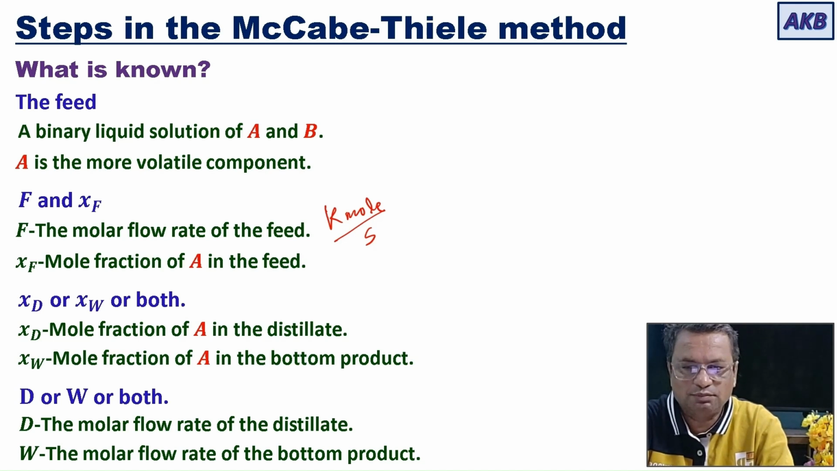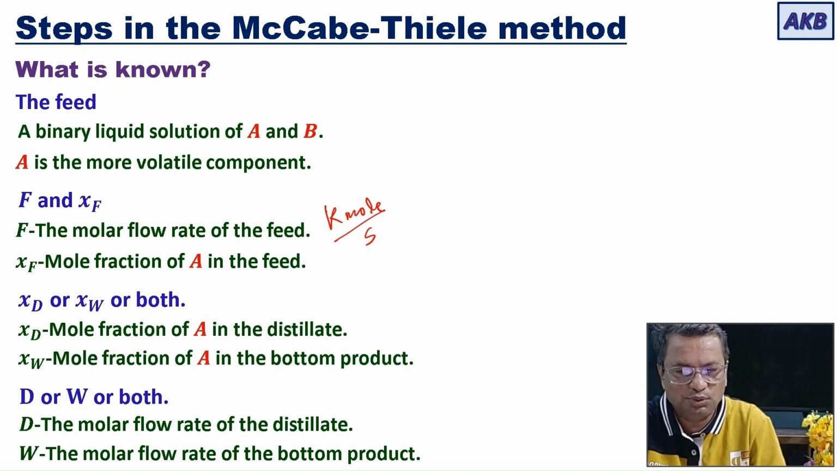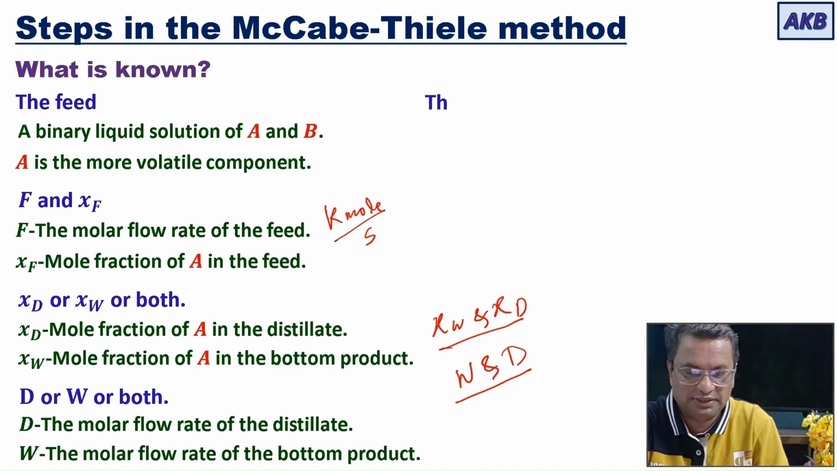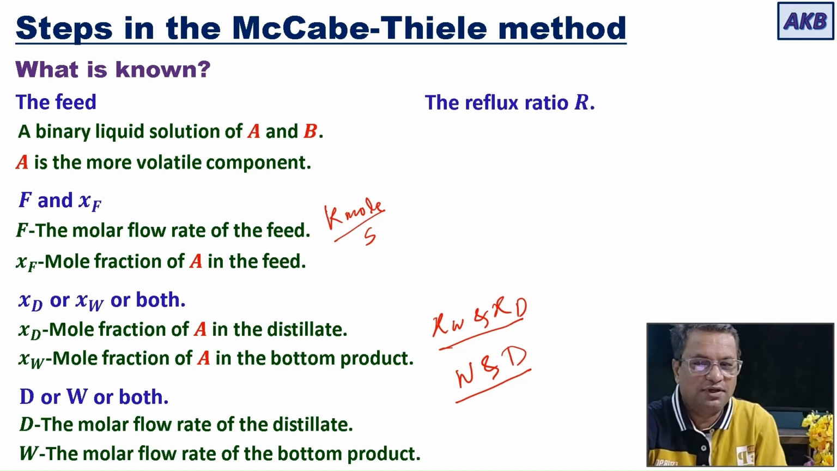Okay, so if both XW and XD are known to us, then W and D will not be known. We will have to calculate W and D this time. W and D will not be known to us, and we will have to calculate them by taking out the balances. Then the reflux ratio